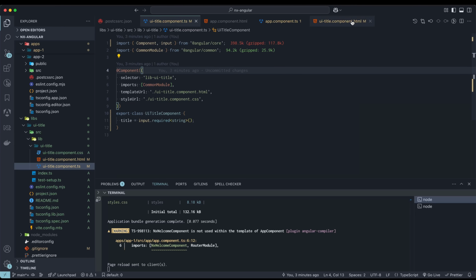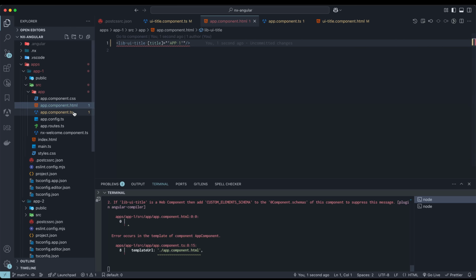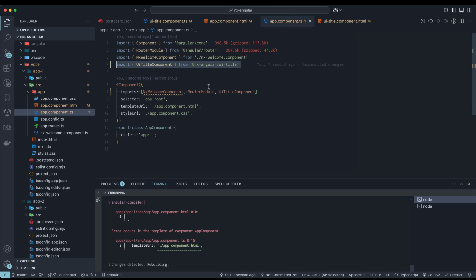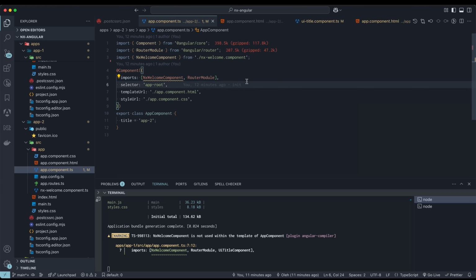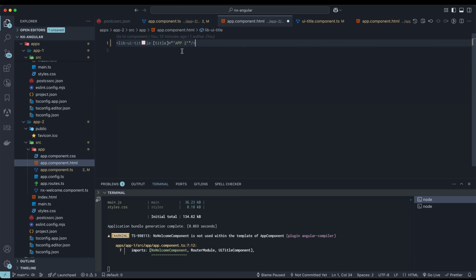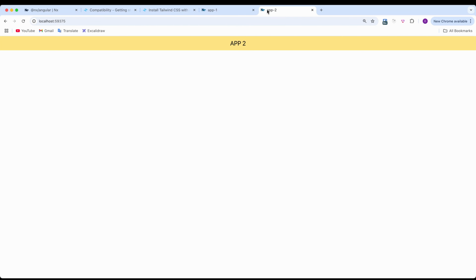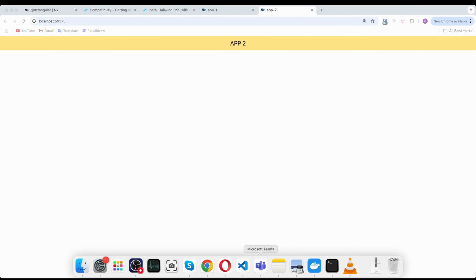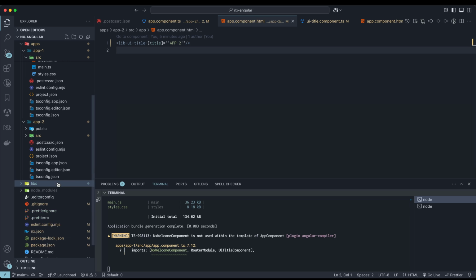Now I can use it in app 1. And in app 2. Now I would like to have my shared styles for both applications and libraries. So for that, in my libs folder, I will create